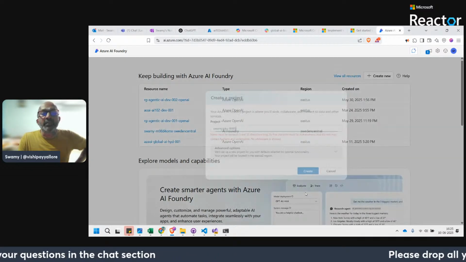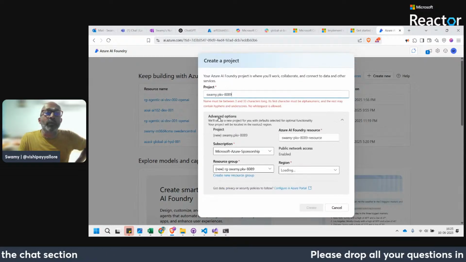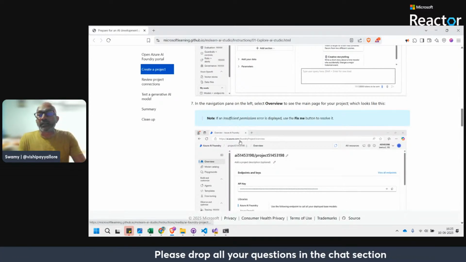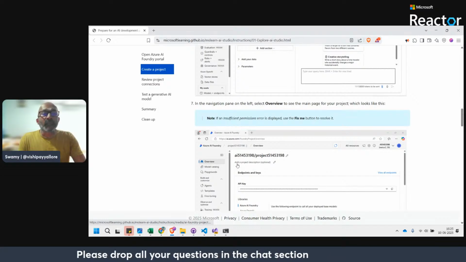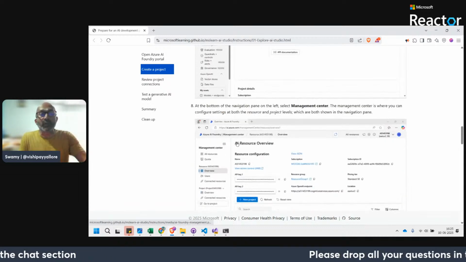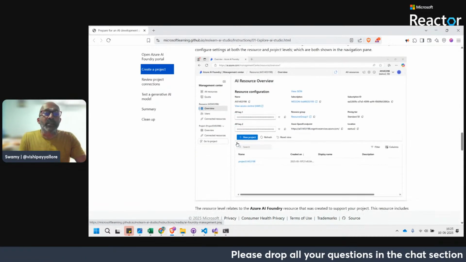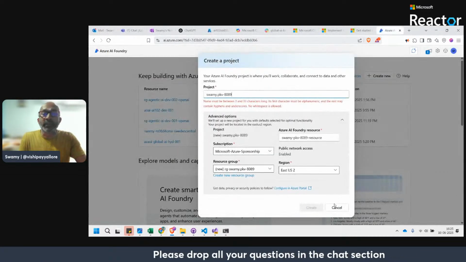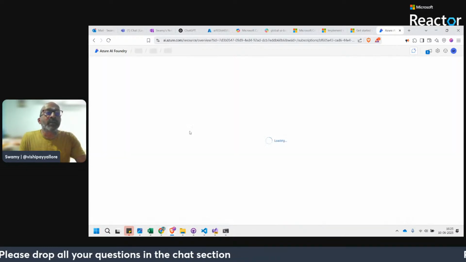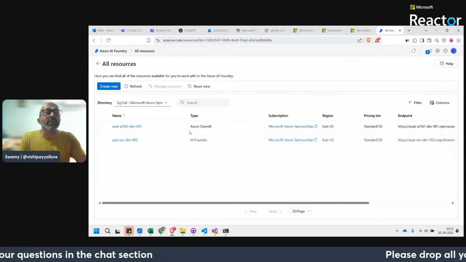Now we can click on go. It gives a project name, and here you can see that it's pointing to a project, and that's where we'll create all the resources. We'll just browse through, and in the management for that project we can go deep into that, but at least today we'll spend time. I think this is the one which I already created.